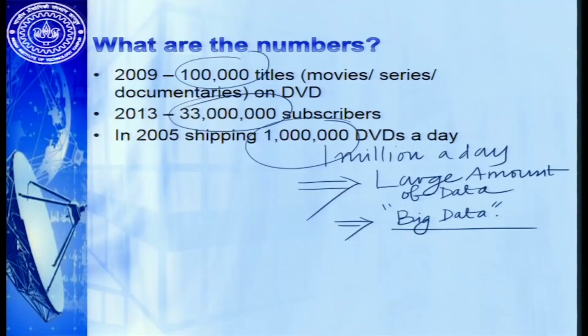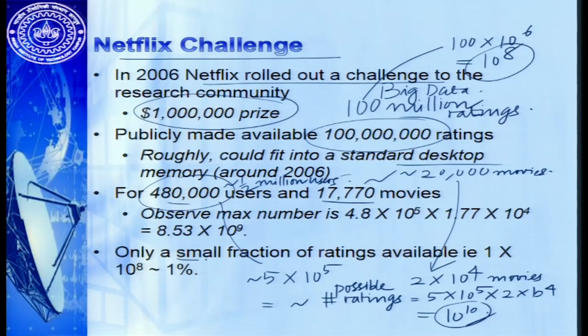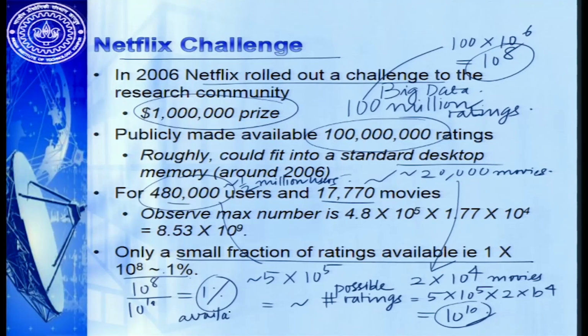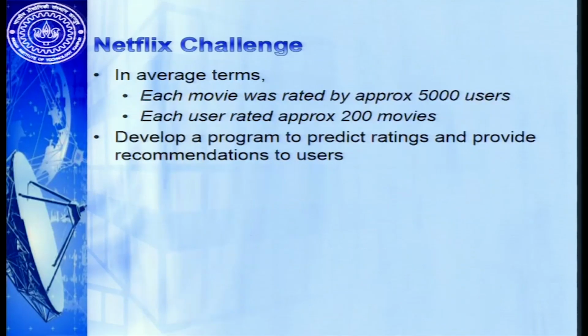So only a small fraction, and this is the important point. Only a small fraction of ratings are available, that is 10 to the power of 8, which is 1%. So 10 to the power of 8 by the total possible 10 to the power of 10, that is basically 1%. Only 1% are available, which means what do we have to do? We have to predict the rest of the ratings, and based on these predictions you come up with the movie